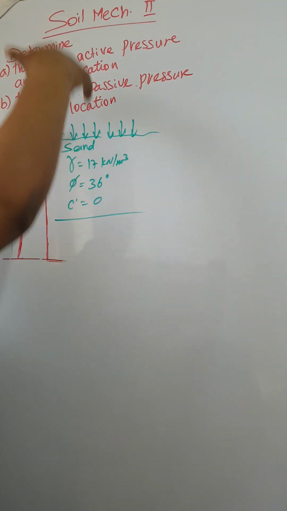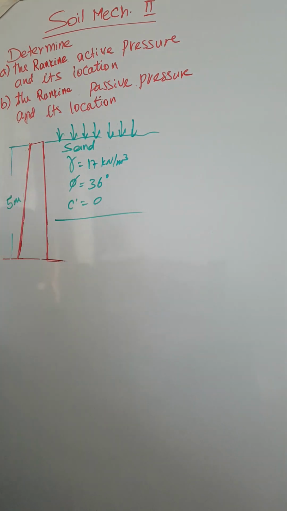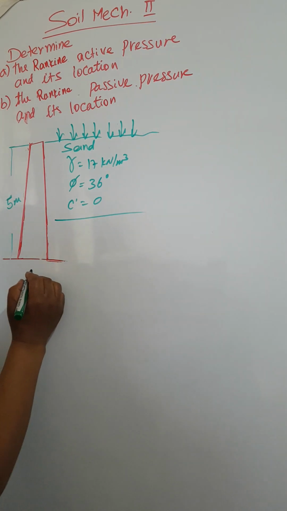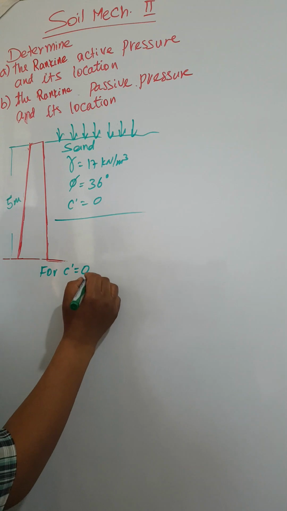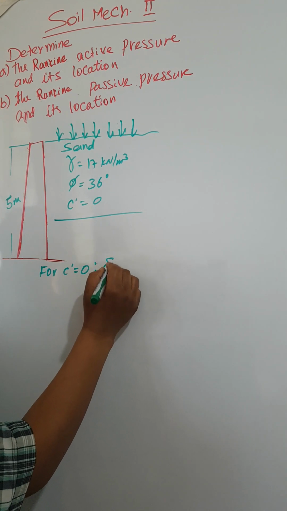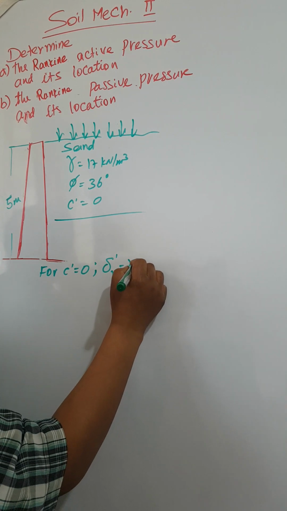ይሄ ሳንድ ቨርቲካሊ የሆነ በርደን ያሳልፋል። ያ በርደን ደግሞ እዚህ ቦል ላይ ስትረስ ዴቨሎፕ እንዲሆን ያደርጋል። For C prime is equal to 0, vertical burden is equal to gamma unit weight times height,